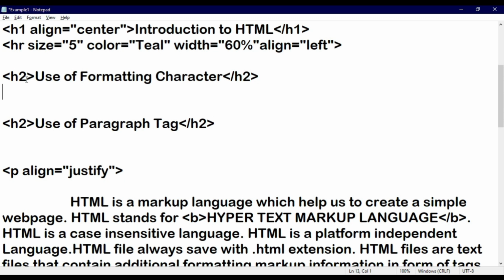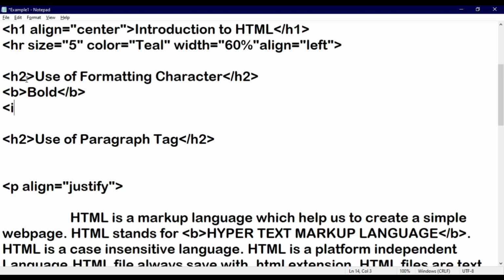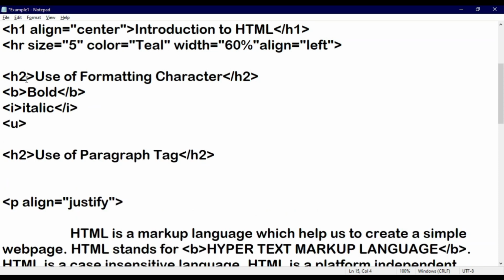About physical style you have already learned, right? So I am just giving a basic idea, that is B tag, bold, and B tag close, and you know very well the use of this B tag, then I tag, italic, and close I tag. In the same way U tag open, underline, U tag close, and you know the use of all these 3 tags very well because we have already learned them in the previous chapter, that is, in chapter number 1 only we have covered this concept, right?